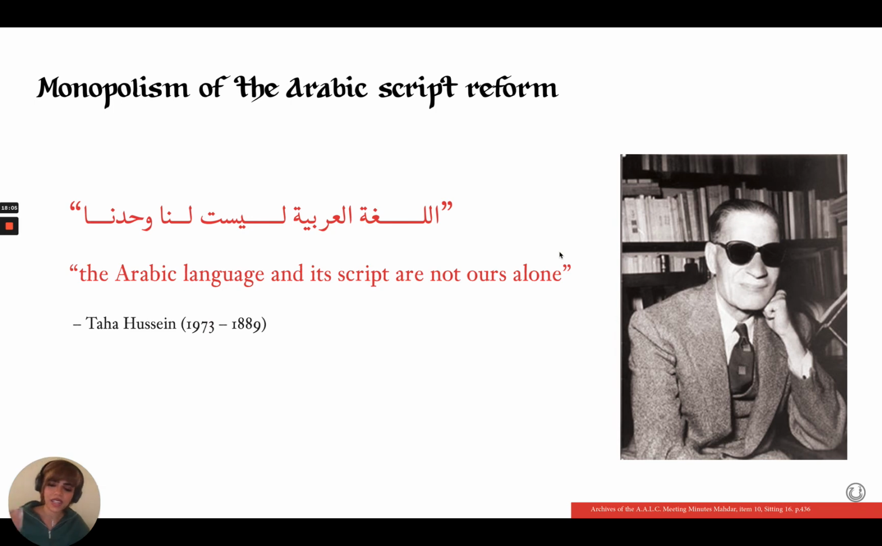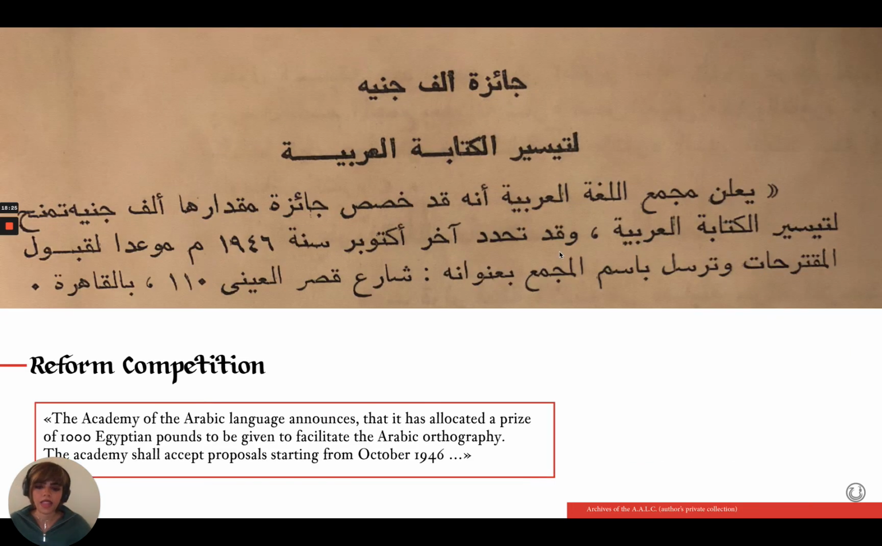So that's where the academy started seeing that we cannot monopolize the reform of the Arabic to ourselves. We need to expand it worldwide. And this is a quote by Taha Hussein. He says, "The Arabic language is not ours alone." That's where the academy decided to initiate a worldwide competition, and they allocated 1,000 Egyptian pounds to facilitate the